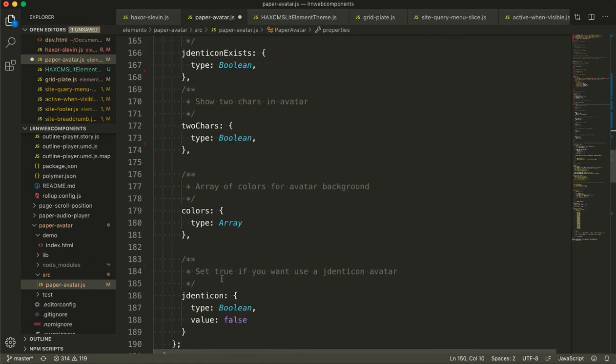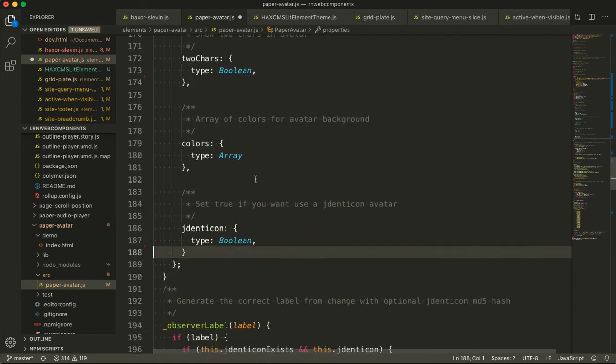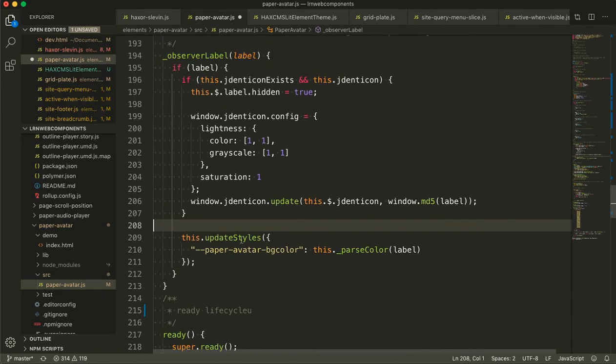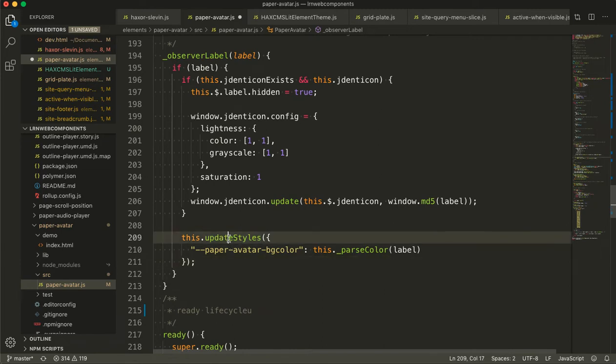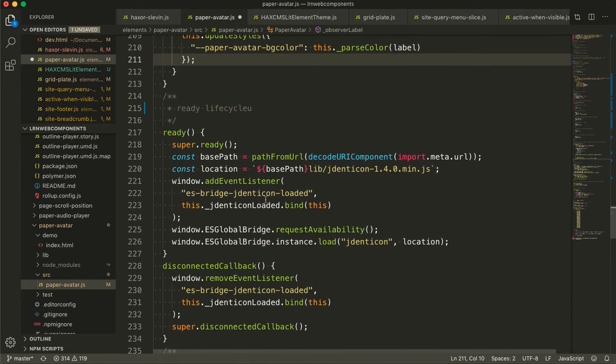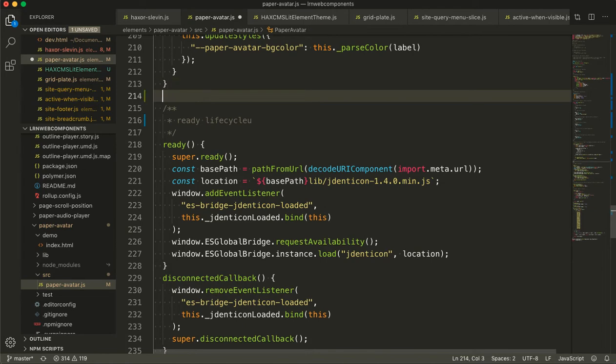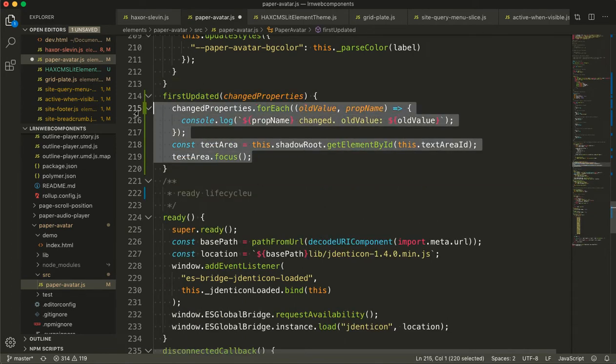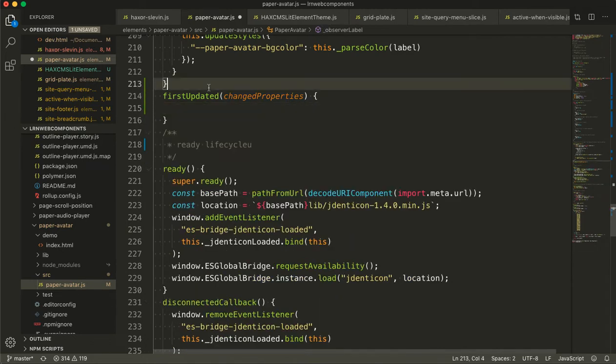All right, so then we're going to take out false. Another thing we'll have to look for is there is no connotation of update styles to my knowledge here, so I'll have to look into that. But there's no ready lifecycle. Now, if there were a ready lifecycle, and this is not what this is for, but it seems like it's useful, is firstUpdated is a